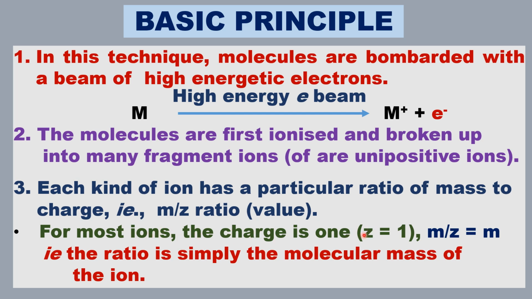Each ion has charge z equal to 1. We have seen here they only form unipositive ions mostly, therefore m/1 equal to m, the ratio is equal to simply the molecular mass of the ion। ठीक है।